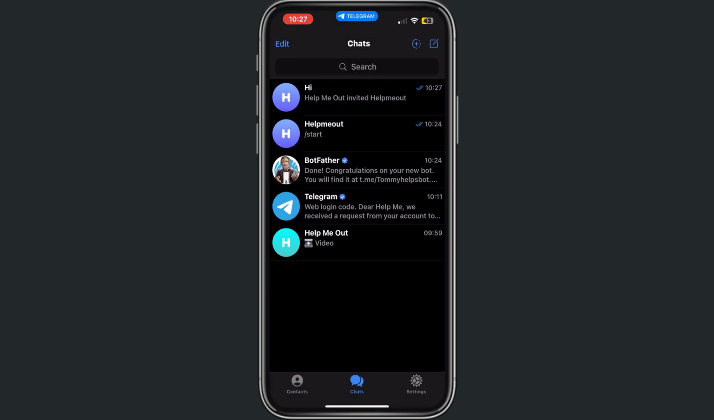Alright, this is how you can add a bot on Telegram,